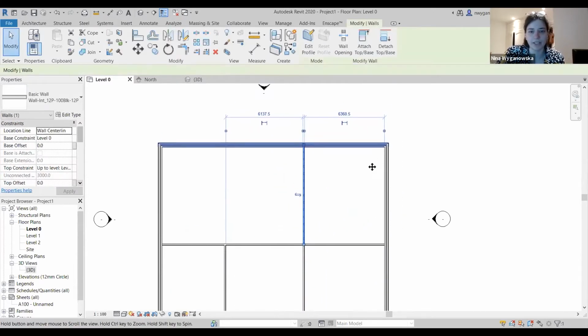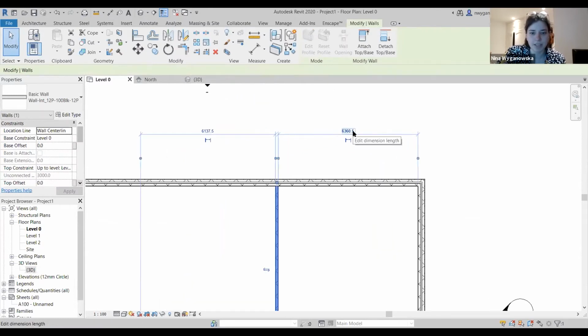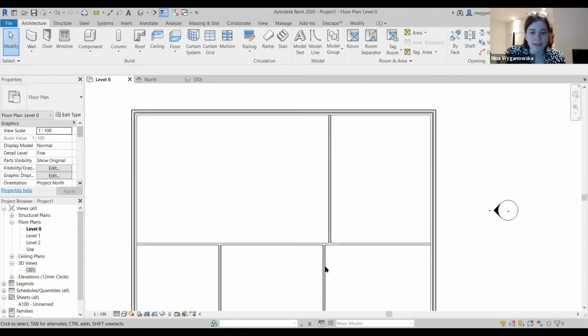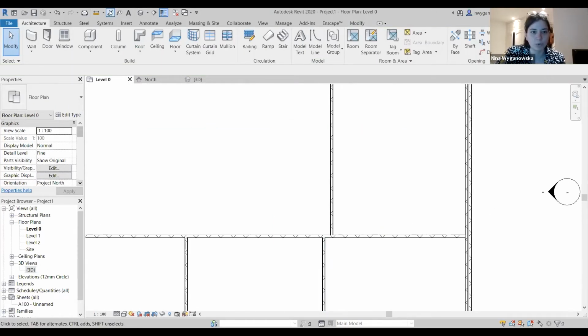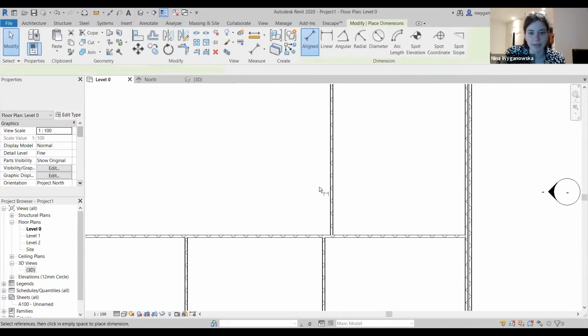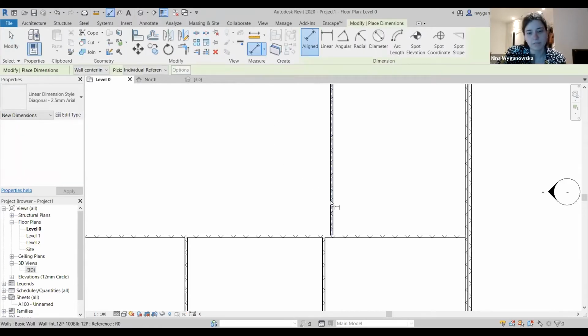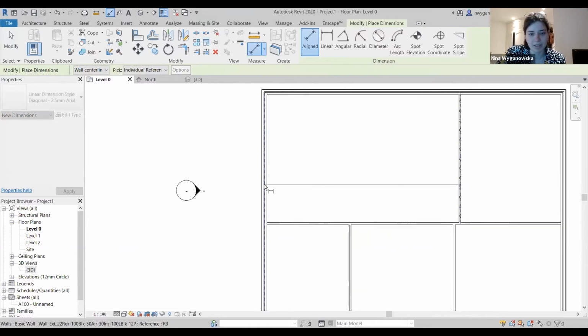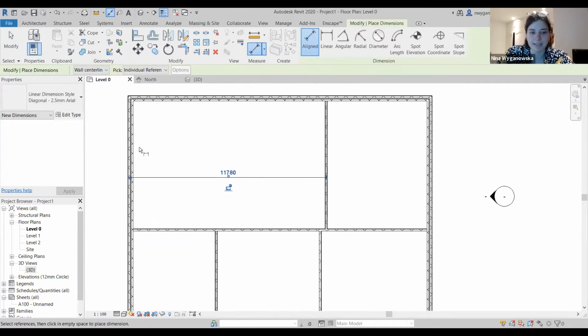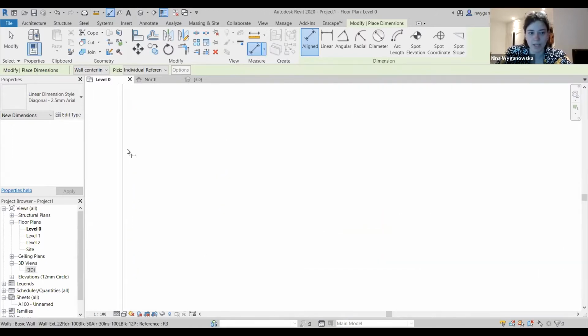If you click on here, you can see that there are dimensions that I can set to be whatever. Like, let's say 600. And then I can measure them as well with the tool at the top. That's a line dimension. And that will measure from the central wall to the central wall, the center of your wall. But you can set it out to measure from the interior faces. So if you zoom in,